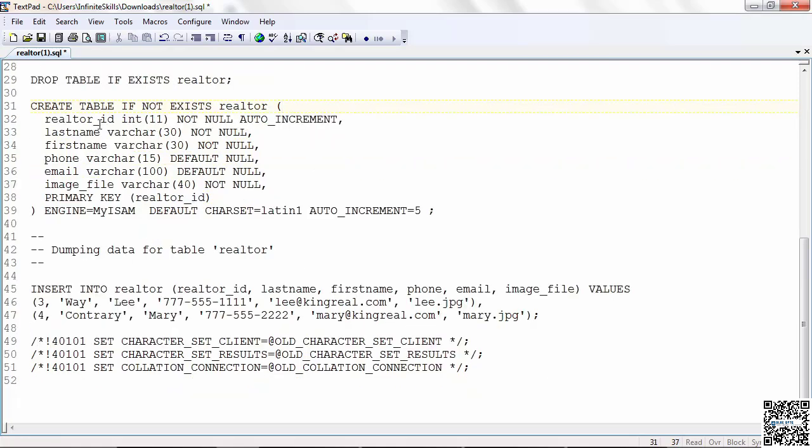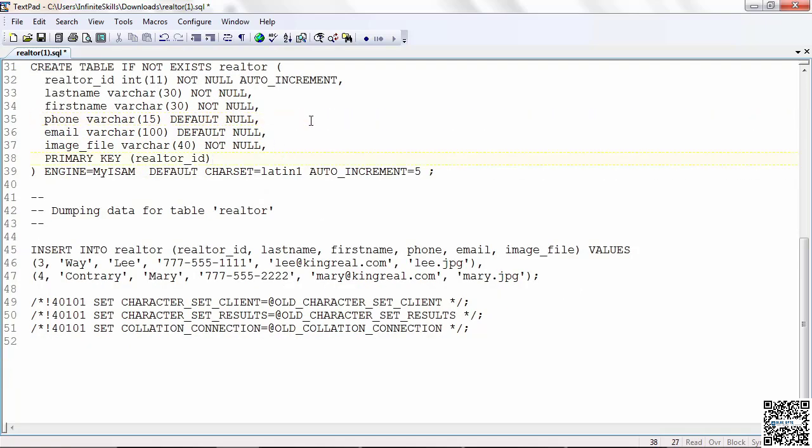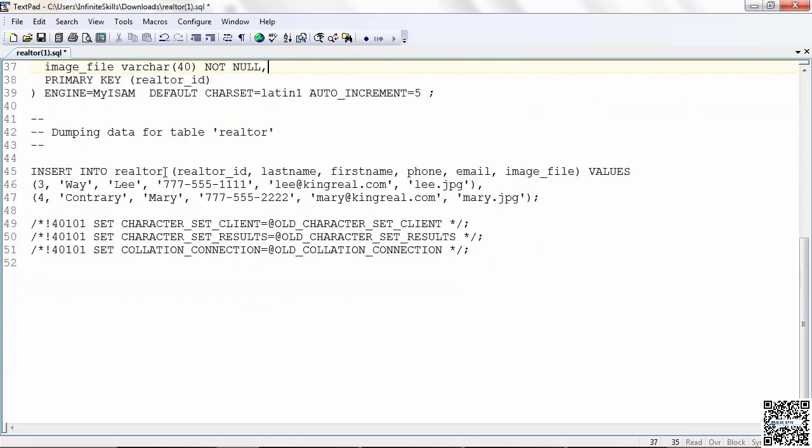Now you can see here by looking at it, it's a regular create statement. Realtor ID, int, not null, auto increment, we see all that. It looks perfect. The defaults, null. Okay, it added maybe a little more than we would have done if we'd done it manually, but it worked. And if we look down here, we see this insert statement where we have Way, Lee, Contrary, Mary, and all